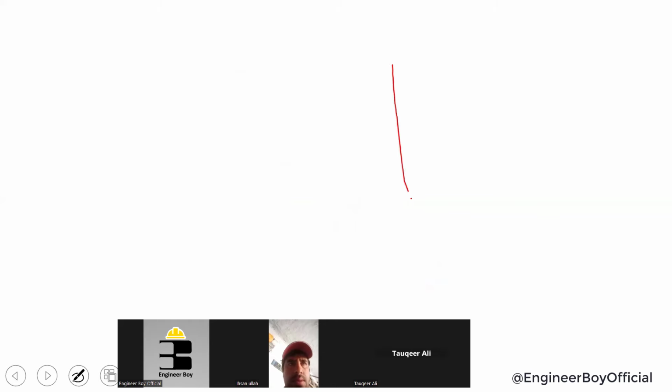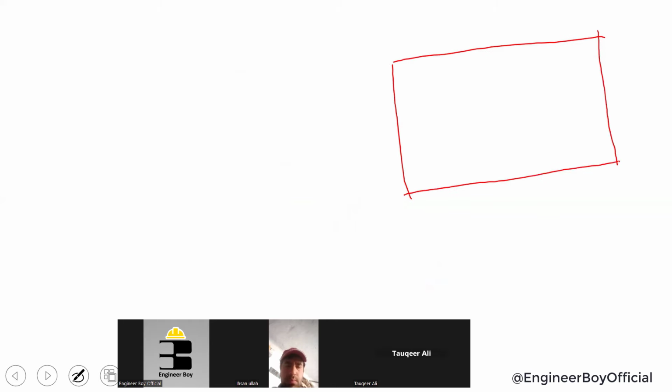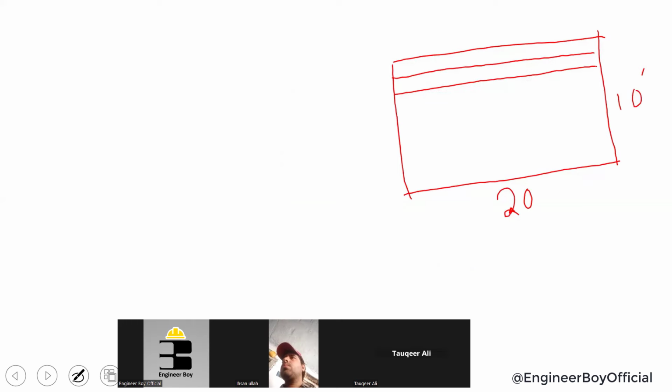Okay, and there can be actually structural drawing for that, but this time we don't have, so we will have just an example. Okay, let's say the slab is just 20 by 10 feet. Very simple. And let's say there are distribution bars. Okay, these bars are known as the distribution bars, which are actually in the longer span. Or through the longer span, maybe you can say. The bars whose length is just more than the other direction, or maybe the bars which are above the main